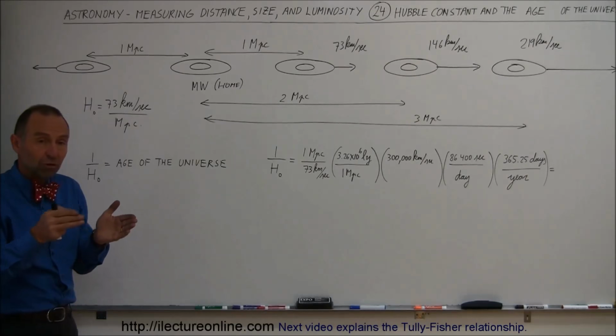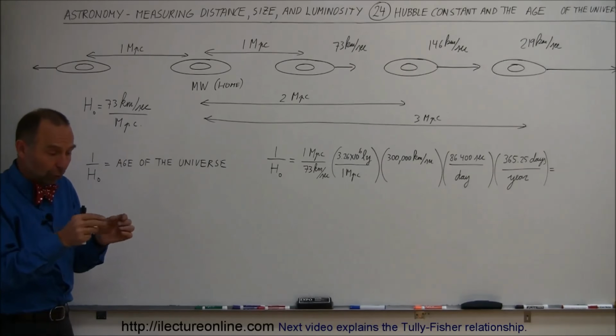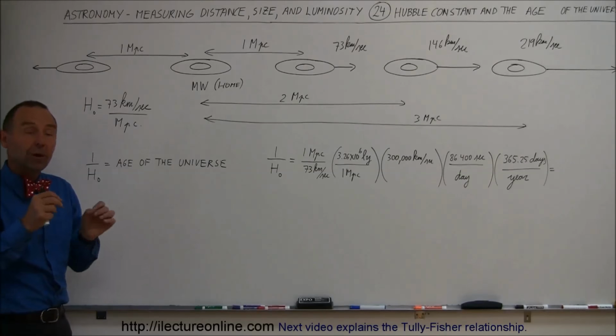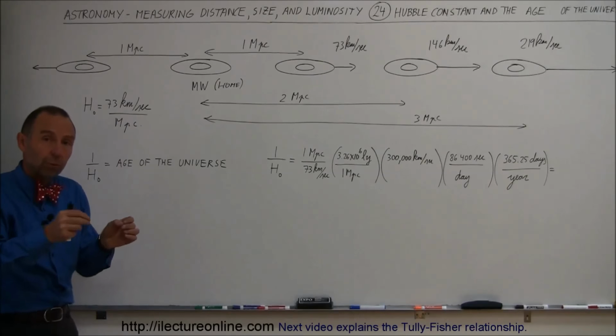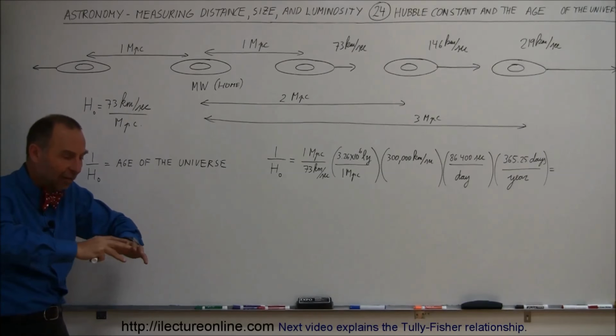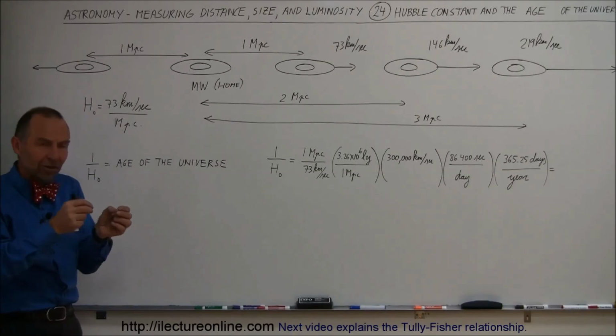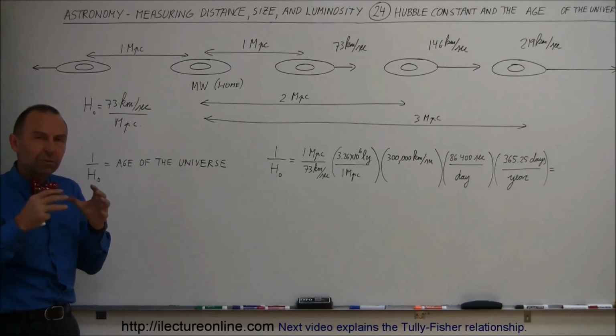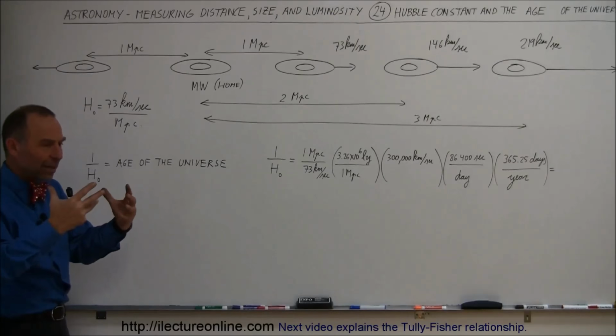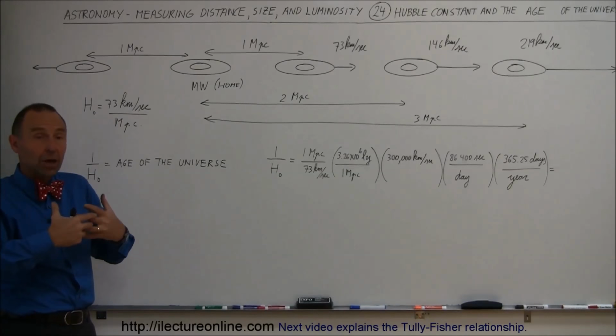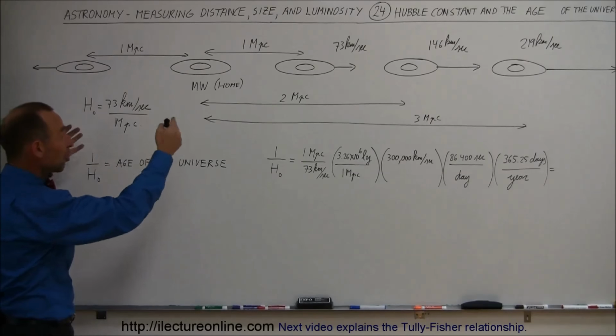If there's twice as much dough between the raisins, then they would be moving twice as fast. Three times as much dough, they would be moving three times as fast as the raisin loaf is rising with the yeast. And so the raisins are the galaxies, and the dough is space. Space is something that's actually expanding, and everything in the universe is expanding along with it at the appropriate rate,